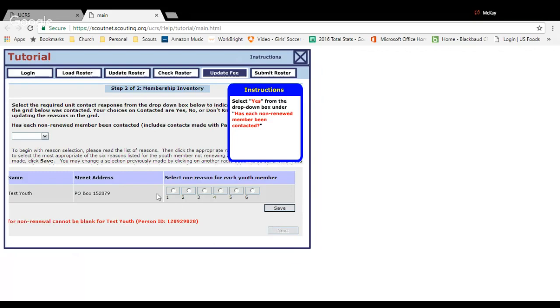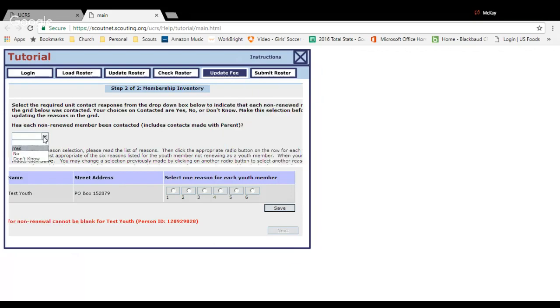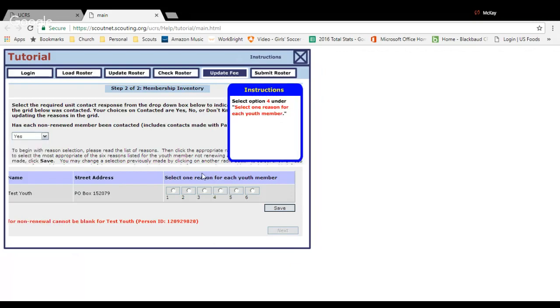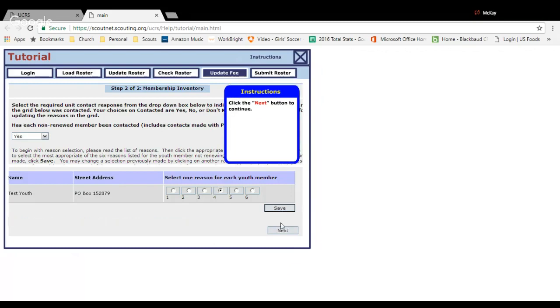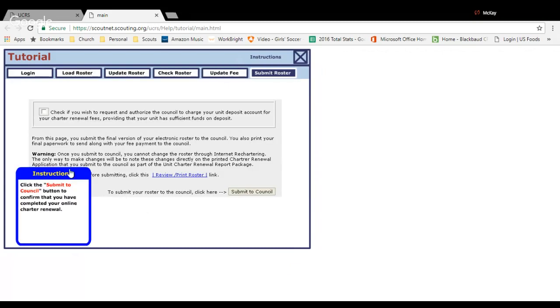So this is for our youth that were dropped from the unit level. It's asking why this person no longer is here. And so we're going to say that each person was contacted. And then the reason for them leaving, you'll just mark down here. It gives you several different options. In this case, it will be option number 4. Oftentimes dealing with, did they move? Did they grow out of scouting to a different group? Whatever the occasion might be. Click save, next. And then once you're ready to submit to council, we're going to click right down here, submit